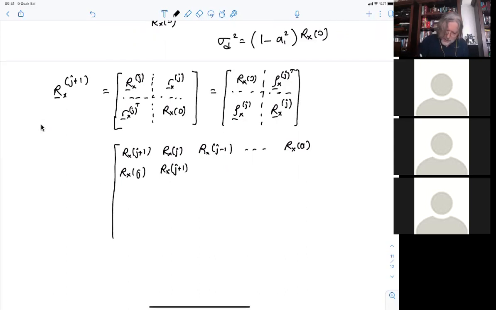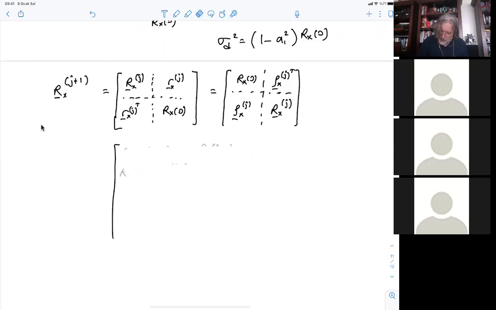What am I doing? Excuse me. I just have to erase. I'm sorry about this. I already messed up the right hand side of the equation. Actually, this is of course Rx0, Rx1, all the way to Rxj and Rxj plus 1, and then Rx1, Rx0,